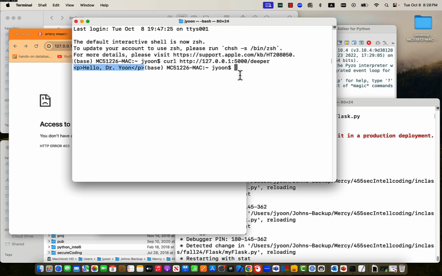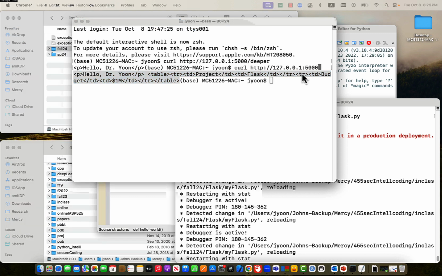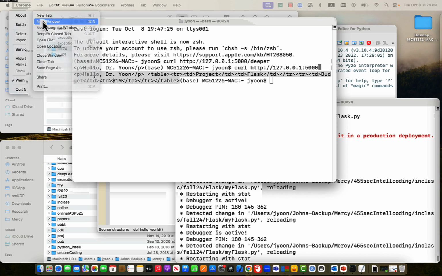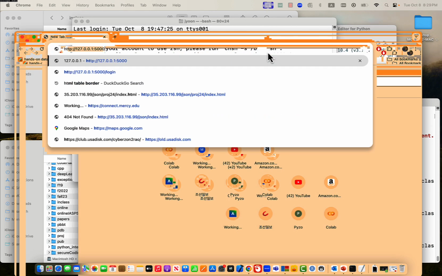Let's see if I do the same thing here. Not deeper, but that. It should work, right? But a web browser is not working. This is returned, right? Table formats. Probably I want to do another web browser. Chrome, new Windows. HTTP